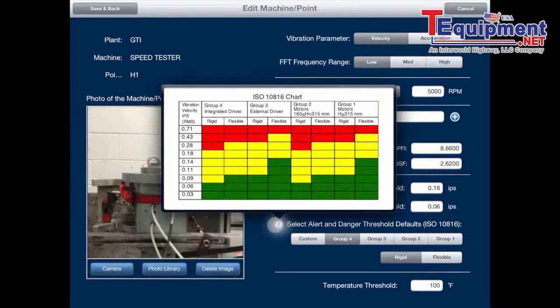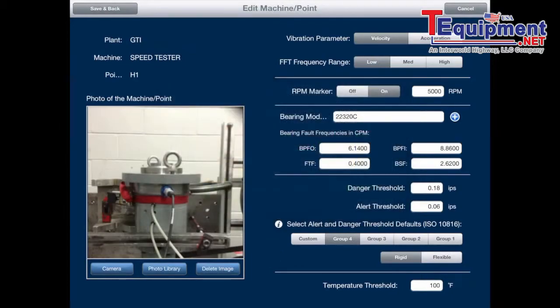Or here you can simply pull up the ISO chart and go by what group 3, 4, or 1, and you can see how that changes the different specifications depending on what you click on. So you either do it custom or you can go by ISO. And then down here you can see we have a temperature threshold, which will also be part of the trending in the viewer. So as you can see through this whole unit, we are able to customize each point that